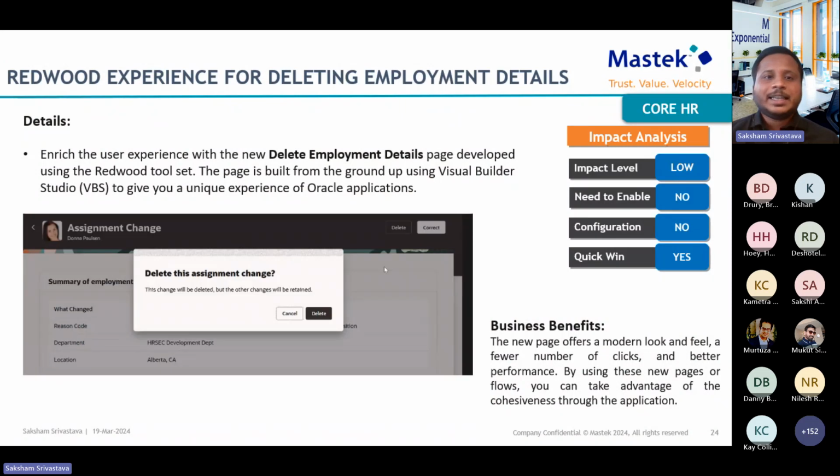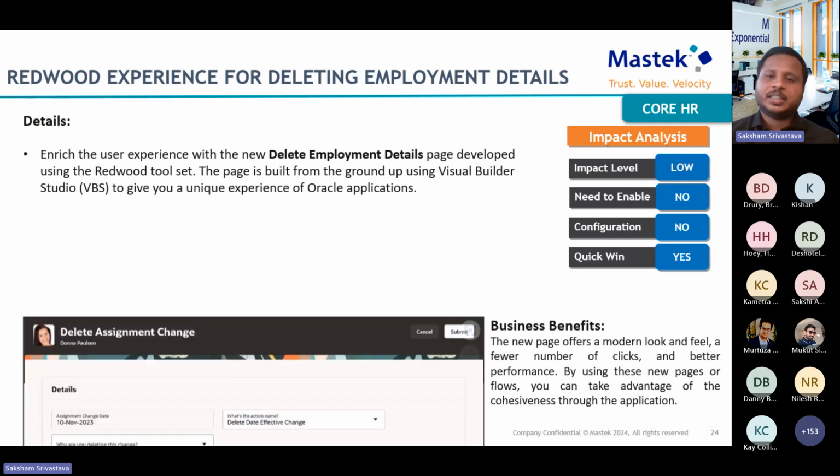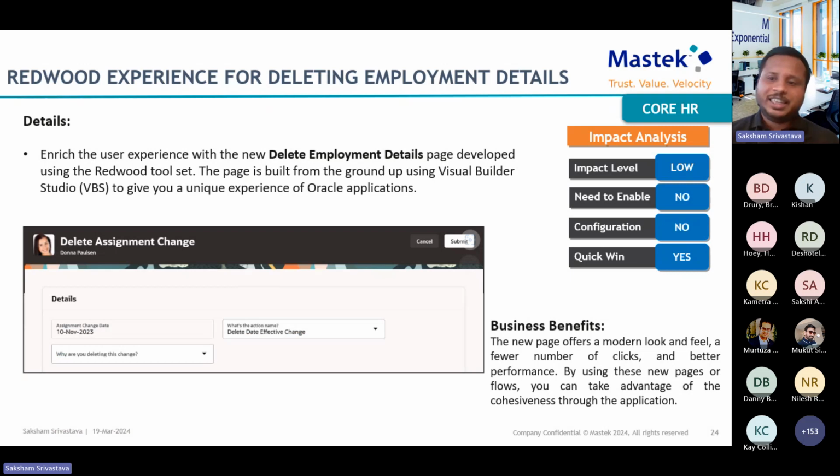Okay. The next we are going to look at is the Redwood experience for deleting employment details. Now, delete employment details is developed using the Redwood toolset. On my screen, I'm on an assignment change page or the employment info page. From there, I can go here, for example, and delete the changes that are there, such as some of the assignment details. I have the option to do that, and this page has been redeveloped in the